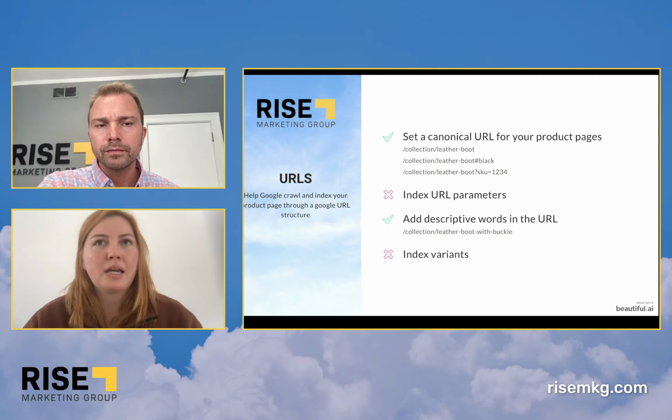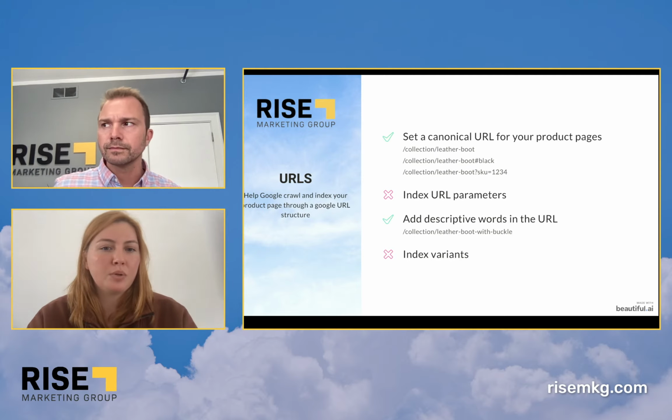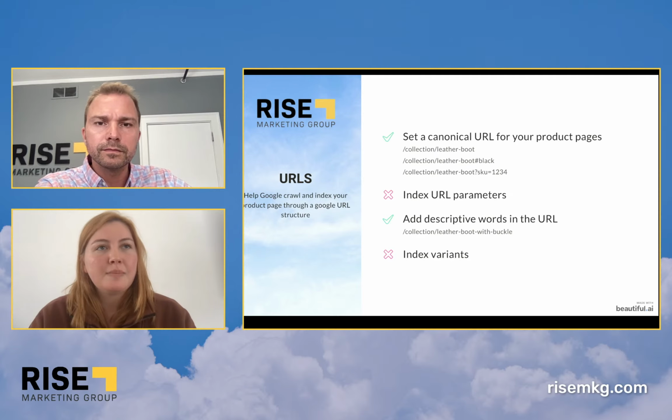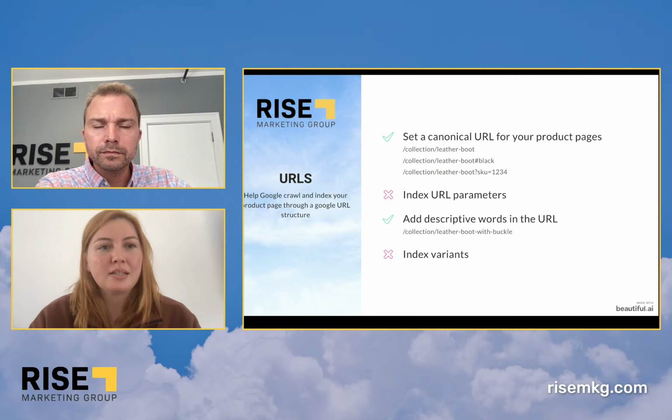When Google is looking at URLs, there could be multiple URLs pointing to the same page. A lot of times it's going to be because maybe there's a product page that has multiple different colors for that product, or maybe it has different sizing. Setting a canonical URL is basically telling Google that you have a single URL that encompasses all of the URLs pointing to that page. And you'll only want that one indexed, or you could risk running into duplicate content issues